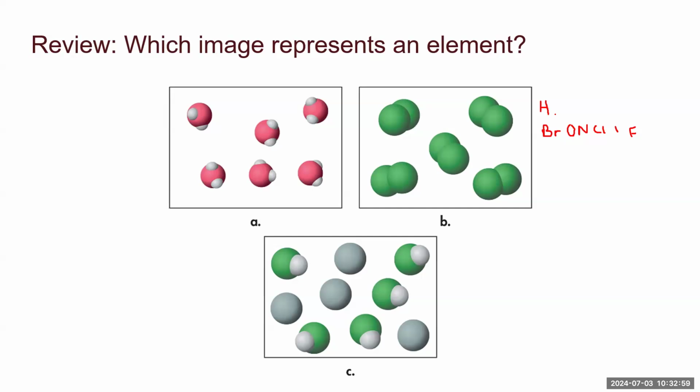Cl, chlorine gas, for instance, is Cl2. Bromine is bromine gas, Br2. Fluorine, F2, oxygen is O2, nitrogen is N2, and hydrogen is H2. Those are all your diatomic elements. So if you were to ever get a